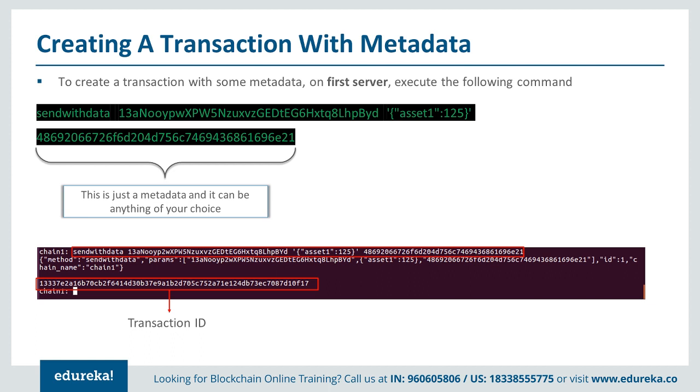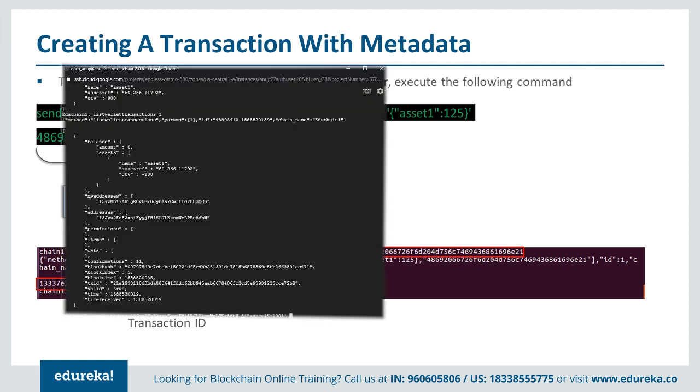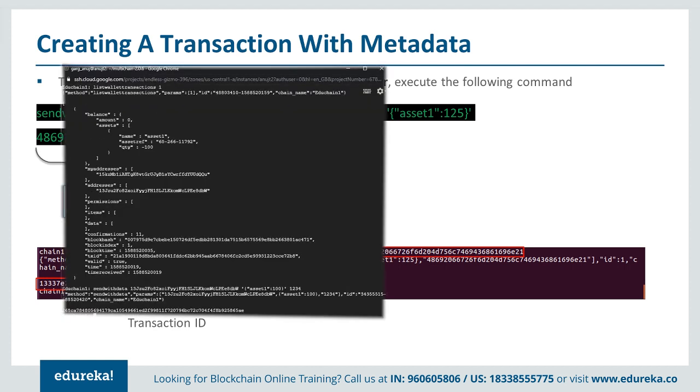If I use the same command, send asset, send with data, the public key, and then you can mention any kind of a hexadecimal string which basically tells what this transaction is all about. Say for example 1 2 3 4. Then you have transferred 100 units of asset, but you have also given a string associated with it, that is the purpose of this transfer. If I see get total balances here, now I have the balance of 800 because 100 units more have been deducted. And here if I see the balance, it will be 200.